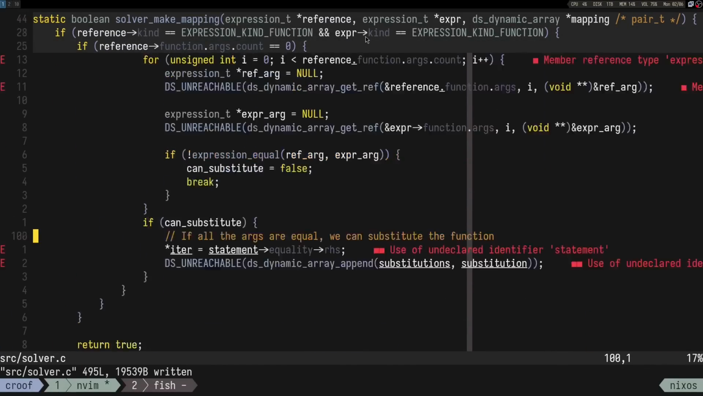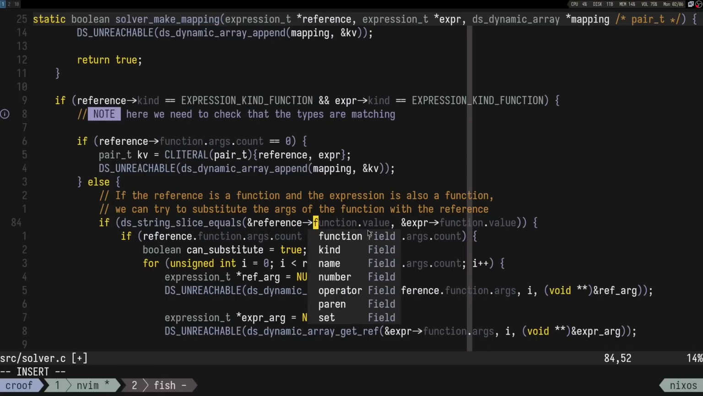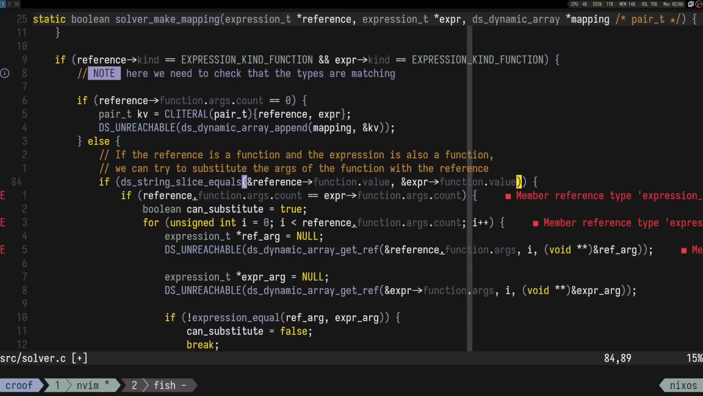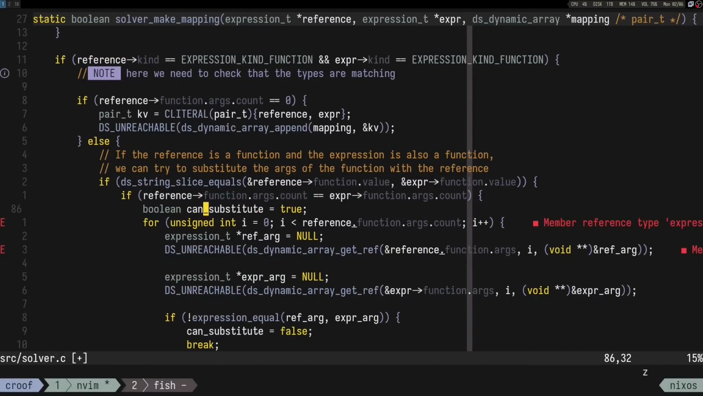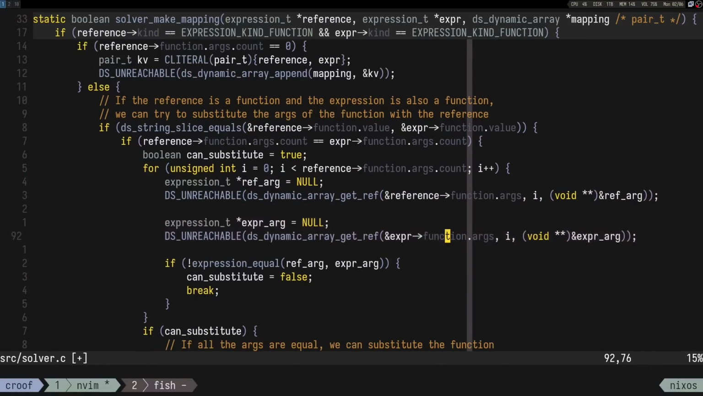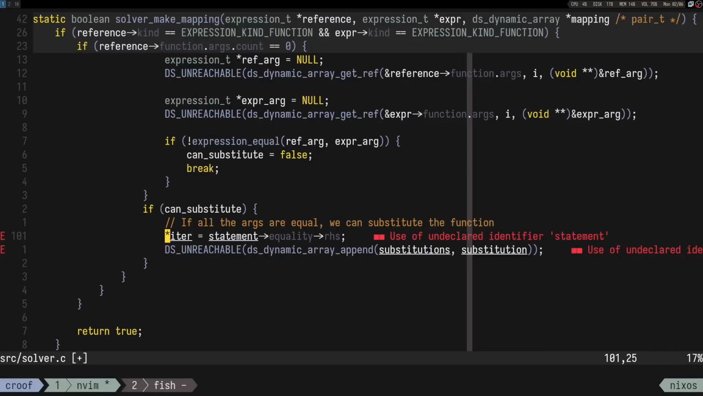And on the else case, we should check reference function value with expression function value. We check that they are equal. Okay, if they are equal and the number of arguments is the same, we assume that we can substitute. Then we have to iterate all the arguments. So we get the reference arguments and the expression arguments. If they are equal, then we have false. And if we can substitute,